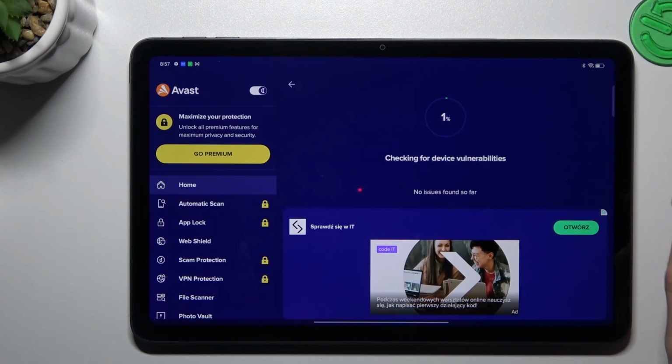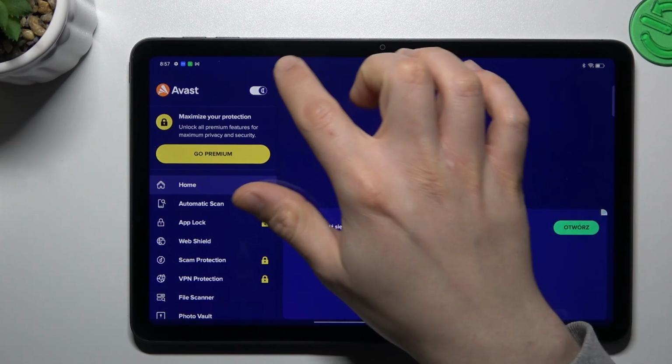And now after the scanning process, all of the unwanted software, the malware, viruses and notification software should be deleted from your tablet. That's it,